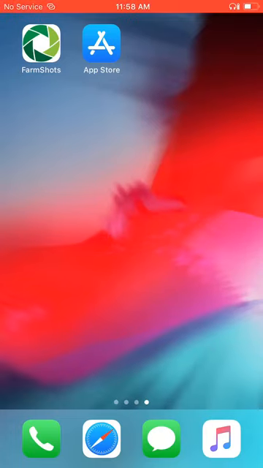Today we're going to be taking a look at FarmShots' new scouting app. We're going to be looking at that on an iPhone 7 Plus, but this app is also available on Android devices. On your Apple device, you'll go to the App Store,